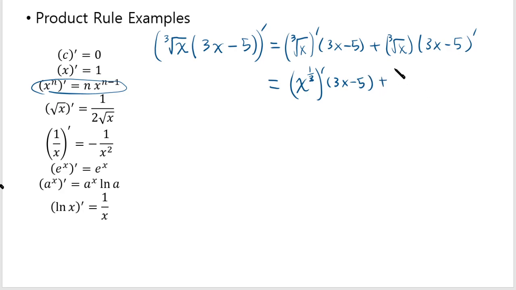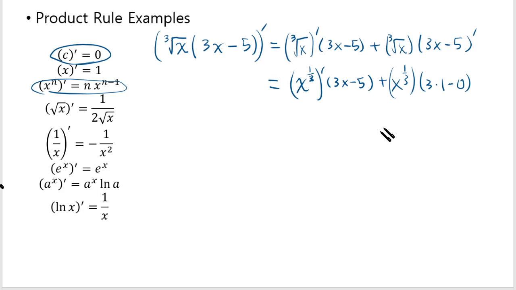plus, let's rewrite this anyways. You don't have to, but I'll just rewrite cube root of x as x to the 1/3. And then 3x prime, well, 3 is a constant multiple, so you just have to differentiate x, which is 1. So it's 3 times 1. And 5 is not a constant multiple, it's just the constant term. So in this case, this applies. So 5 prime gives you 0. Or 5 gives you 0. Derivative of 5 gives you